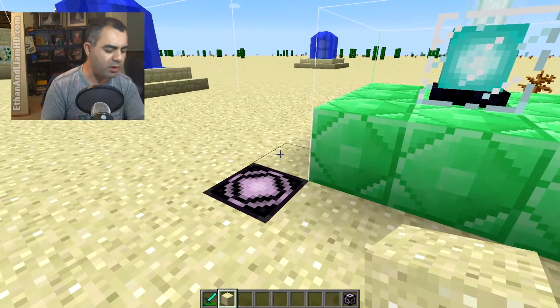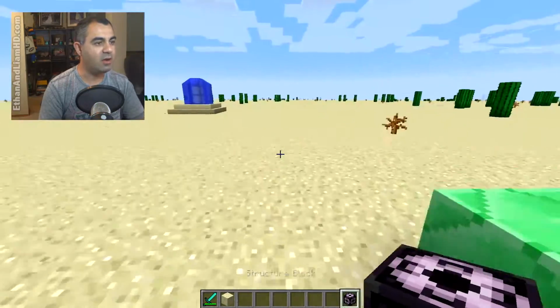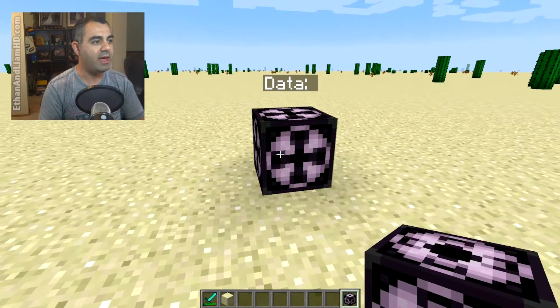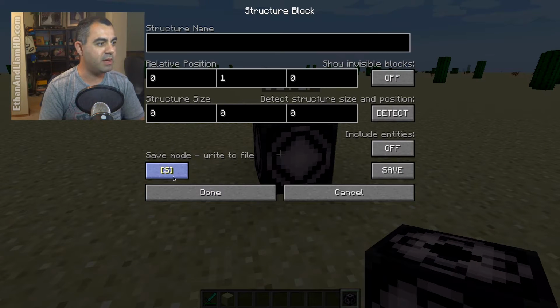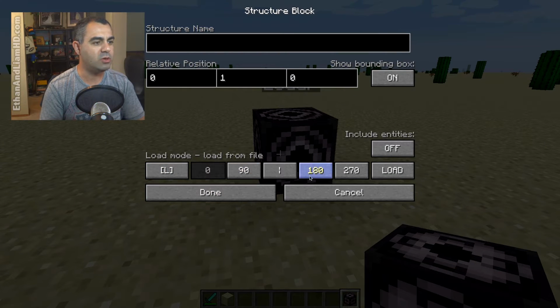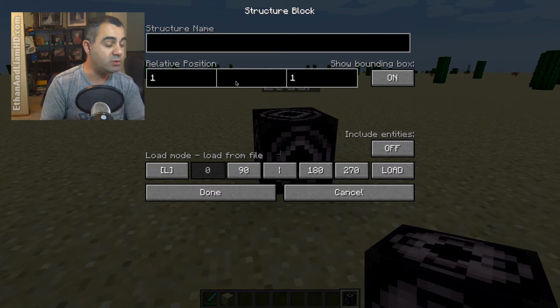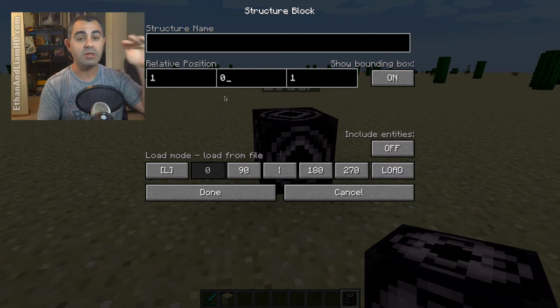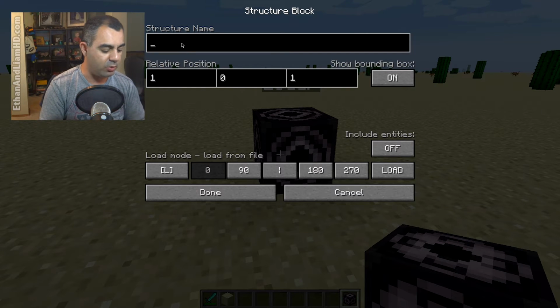So we're going to go and take our data block again over here, and we're going to place it right over here, and we're going to make it a load, and we're going to, let's turn it, that doesn't matter because it's a symmetrical shape, so you're not going to really be able to notice, but we're going to go ahead and place it 1, and we'll do 1, it doesn't matter on this portion here, and we'll do 0 on this, because this time we place the load block above ground, so that way it won't matter that it's at 1 or not. And we're going to load in beacon,